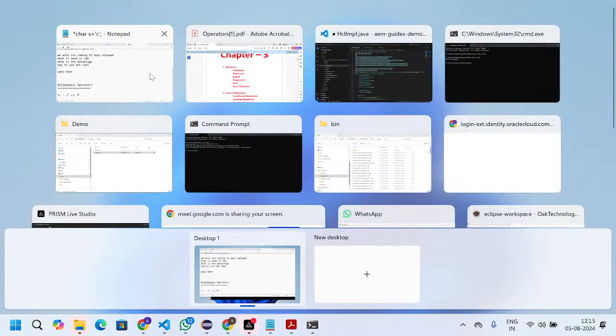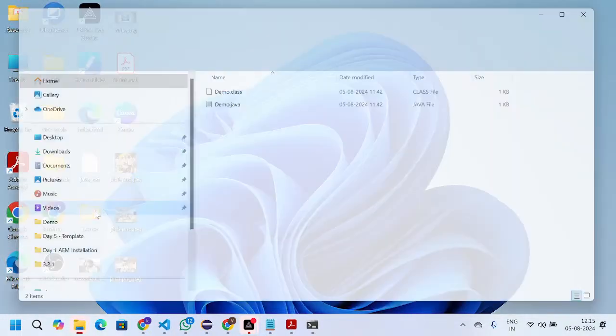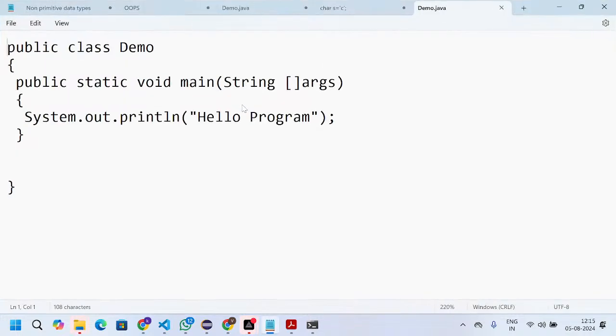I will take one file and write the program on it, and you will get some clarity. Okay, a demo folder, and this is the Demo class, Demo.java. I'm going inside, and here we have the main method.